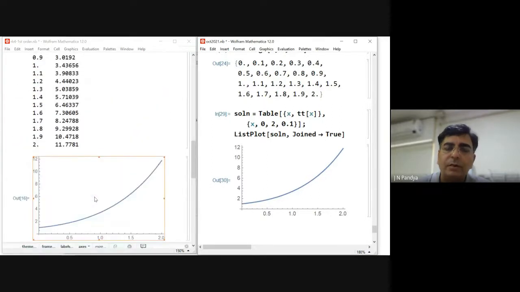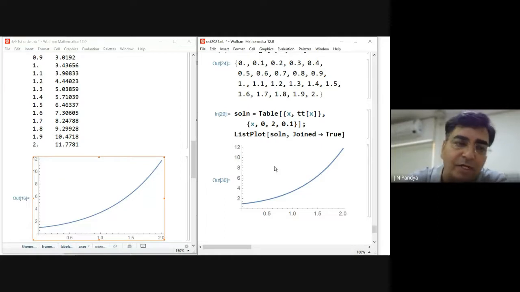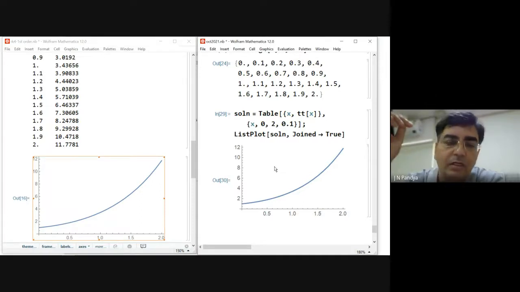Well, is it serving the purpose to say that there are many inbuilt things in Mathematica that can be straight away used? Of course, when you are using anything as a black box, you have to be very careful. In fact, I have a habit of writing separate code and checking whether it is giving me the same thing that I intend or not, because otherwise it can become difficult. If you use something as a black box, you are giving some input and getting some output. That won't be working in many cases, right? You have to check whether it is really doing the same thing that I understand, or is it doing something else, right?